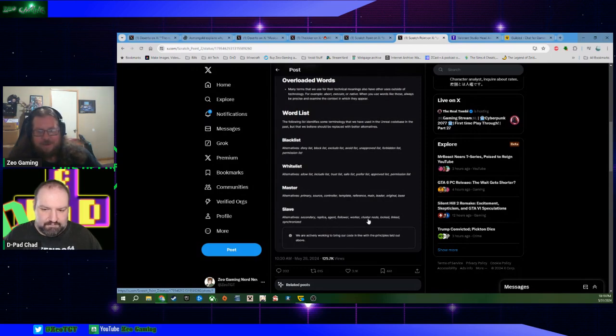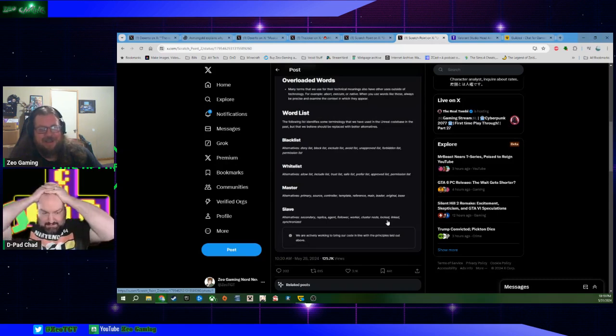Cluster node, and some of these actually already have terms in the tech world that are different from this. Why is cluster node not working? Nodes in the cluster have an actual definition for how the network runs. And "locked" is even more ridiculous, like it's on your locked drive. What? Why would my drive be locked? That makes no sense.